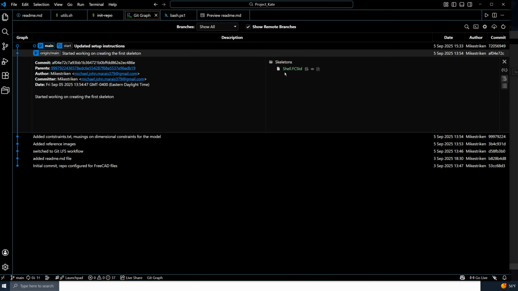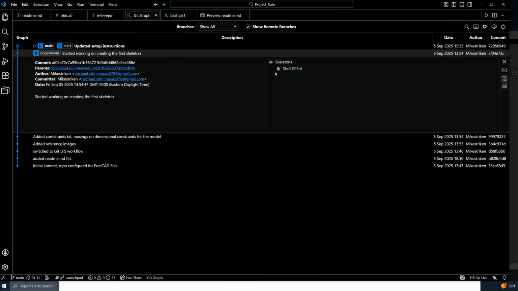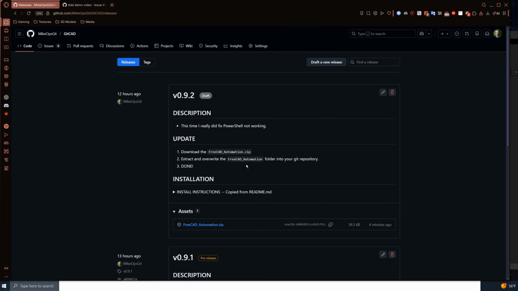But yeah, I'm going to go and rewrite the history of this repository so that this file, instead of being stored in its full form on GitLFS servers, it's just directly stored as a FreeCAD file, or as a GitCAD file, I guess you could say. So yeah, step one, going over to the website,